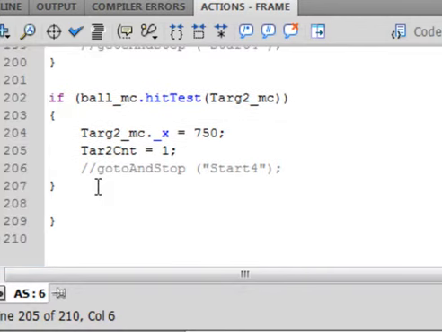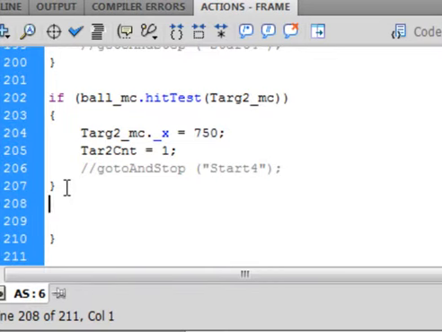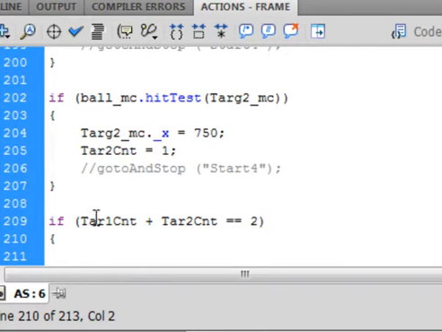Now we want to see when both of them are hit. So come between these 2 bottom curly brackets, type another if statement. If, open bracket, tar1cnt plus tar2cnt. You can just copy this and paste it if you want. If those are equal equals to, you need two equal signs for equality, close bracket, there's the open curly bracket for this if statement,